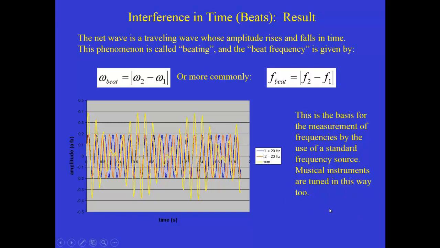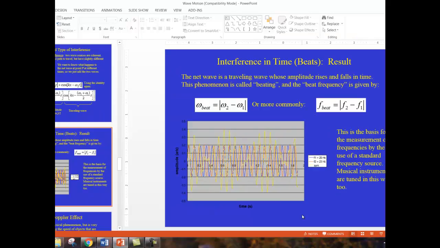If you have a standard sound and you're trying to tune your musical instrument so it matches that, you just adjust it. For example, with a guitar, you can adjust the tension in the string so that the beat pattern goes away. If the beat frequency disappears, so you can't hear any beats, that means the two sources have identical frequencies. Alright, so let me close by showing you this very short video clip on YouTube that illustrates two tuning forks being played together